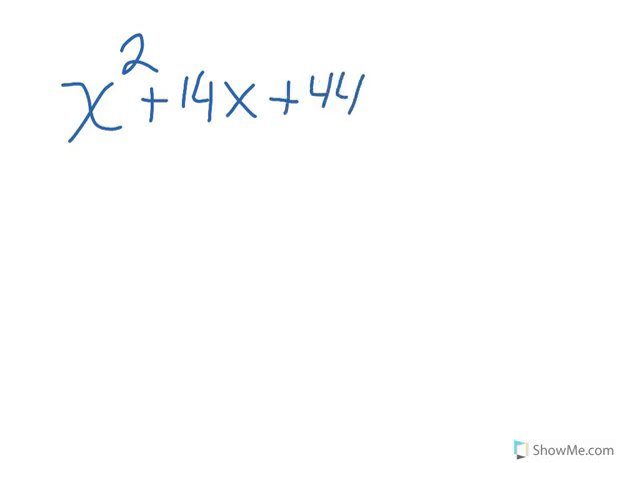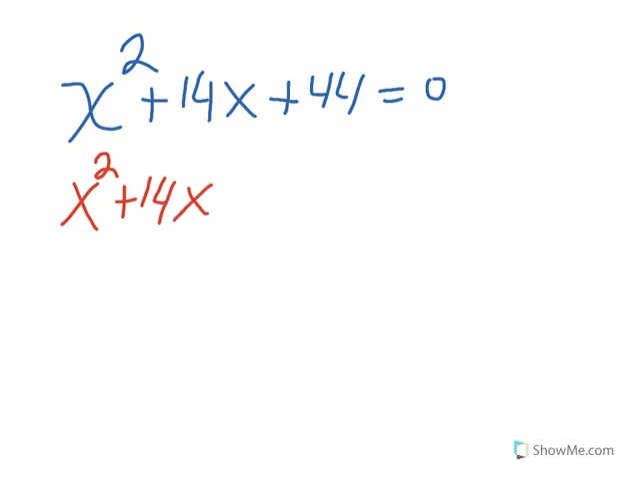Alright, this is the last one I want you to do, and then we will go over it. So the last one is x squared plus 14x minus x plus 44 is equal to 0. So same thing. First thing I'm going to do is press pause and do the problem, and then see if I did it correctly. So first thing I'm going to do is